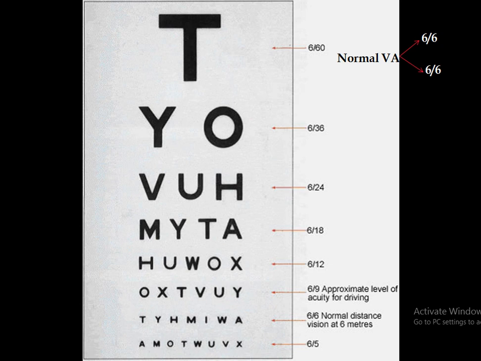So that is the solution, because in most of the shops where you can check your vision, the room is not so spacious and the distance is less than 6 meter. In that case, we put a mirror in front of the patient and we keep the Snellen's chart and the patient both at 3 meter distance in front of the mirror.